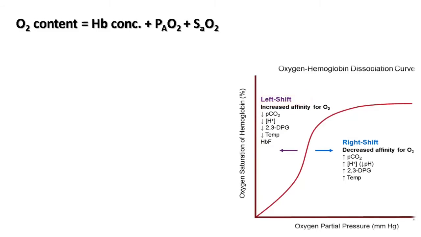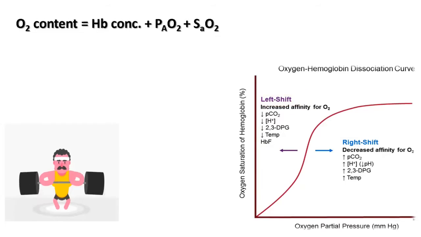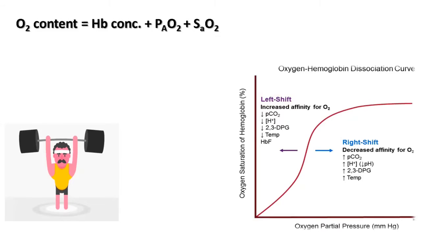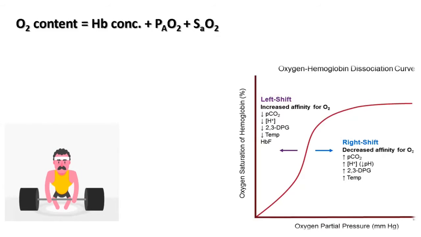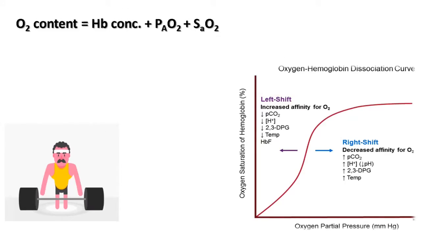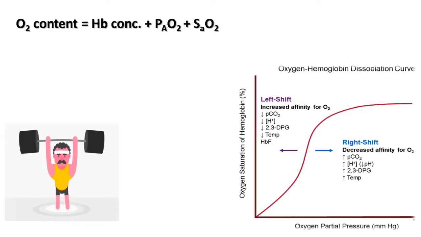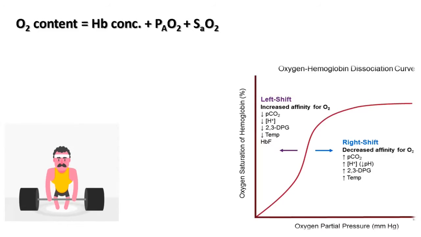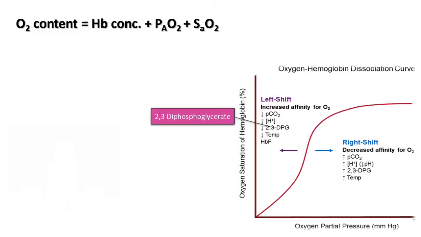At first, due to the effect of temperature, at high temperature the curve moves towards the right, which can be easily related to any exercise. Our skeletal muscle gets heated up, where the temperature of muscle increases, allowing more oxygen to reach the muscle tissues. Secondly, the effect of 2,3-diphosphoglycerate, which is an intermediate product of glycolysis produced within the RBC.